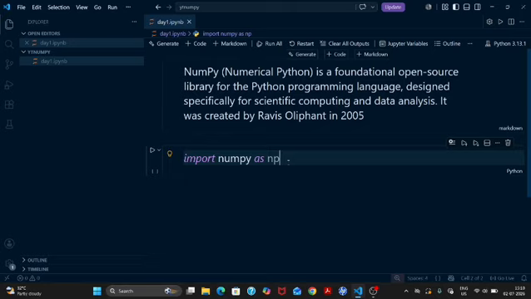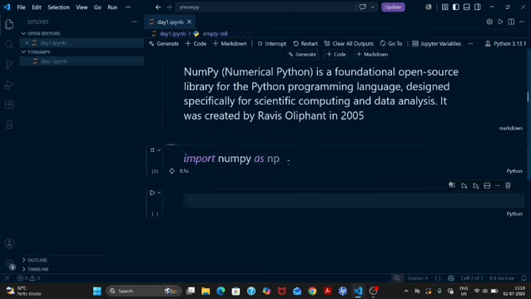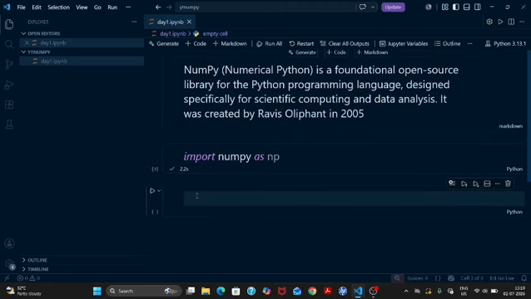So for running the cell, you will have to press Shift plus Enter together, and the cell will be executed and a new cell will be added, right? Then we have to create an array. Okay, so I'm creating an array, so I'm commenting: creating an array from